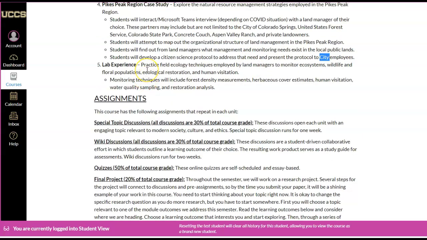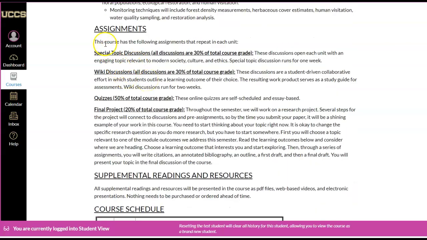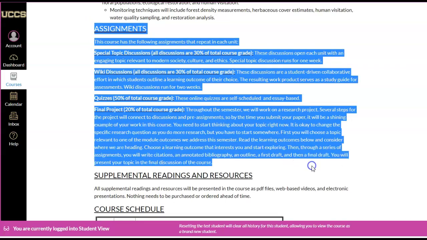And then along the way, we will practice field ecology techniques. So again, as I noted, I'm a scientist, so like a biologist, so I think of myself as really driven towards the mechanics of environmental science and natural lands management. So I'm going to try to show you how we measure the landscape that we're trying to manage. And then here we have what I've already described in summary.